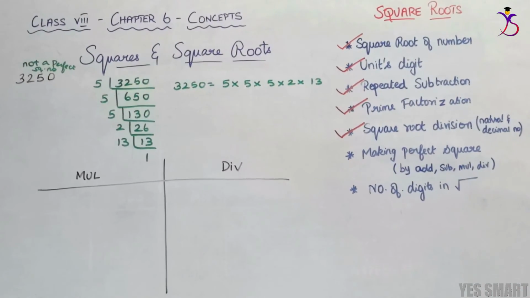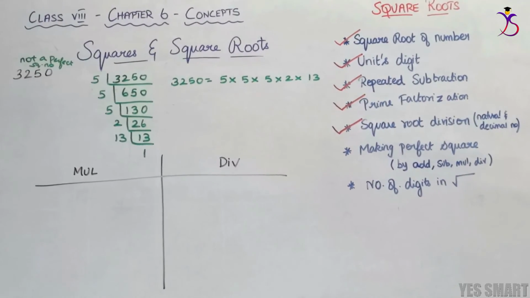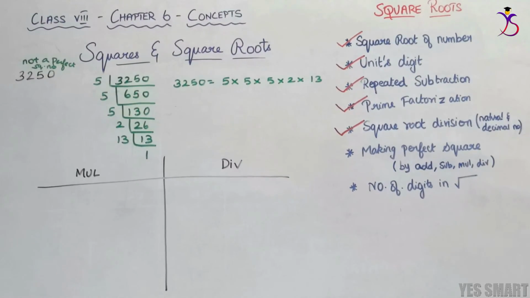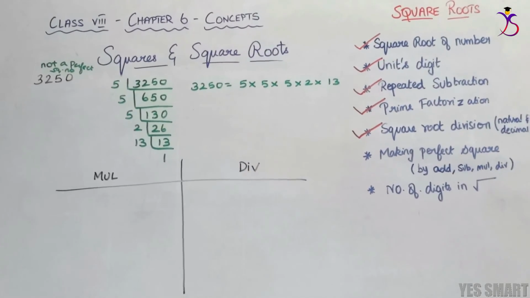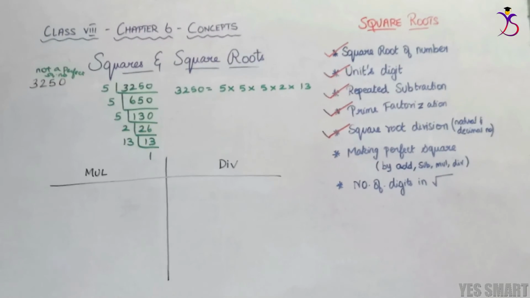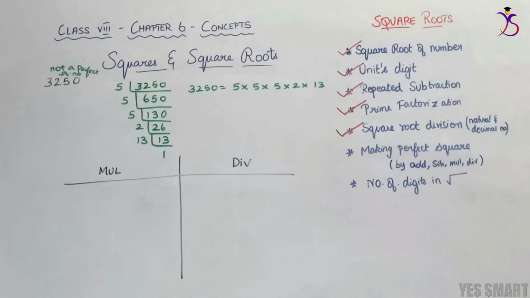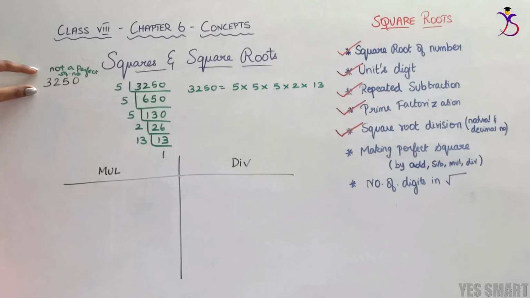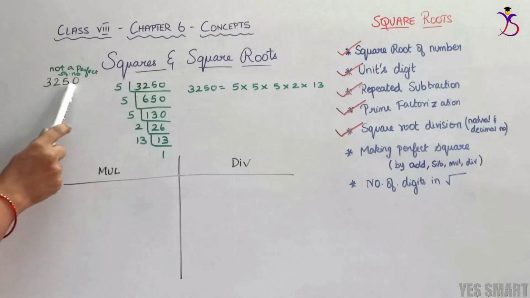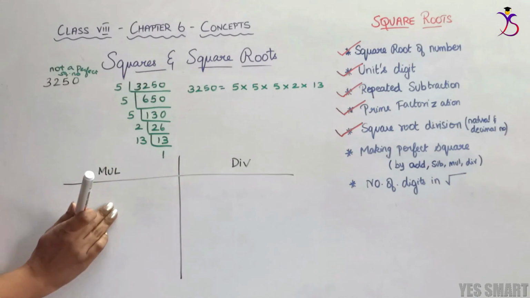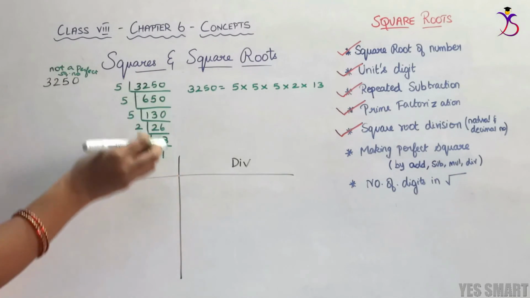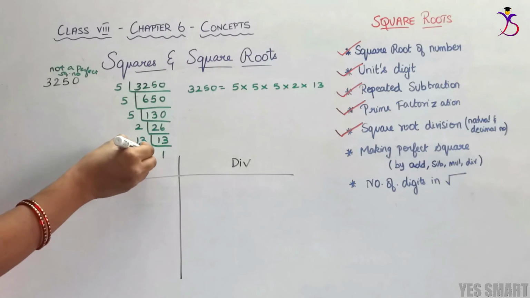Now let's see how we can make a perfect square by doing some multiplication or division. To calculate that, we need to do prime factorization. However, we are doing square root division for addition and subtraction. For multiplication or division operation, we are supposed to do prime factorization. We already knew how to do a prime factorization. So for 3250, I have done prime factorization here and I have listed out the products. So let us check what should be multiplied to 3250 in order to make it a perfect square number.